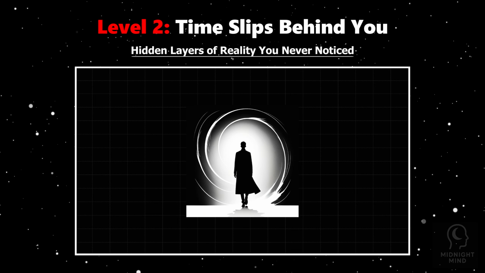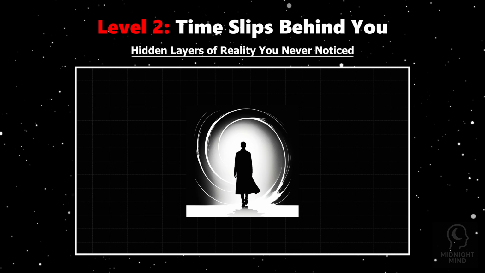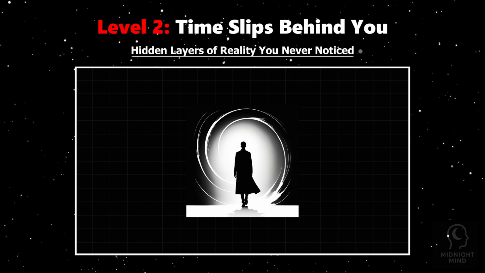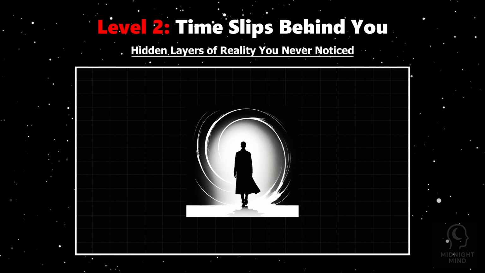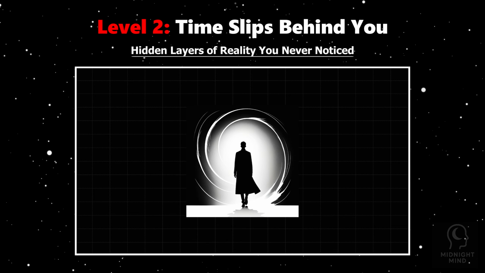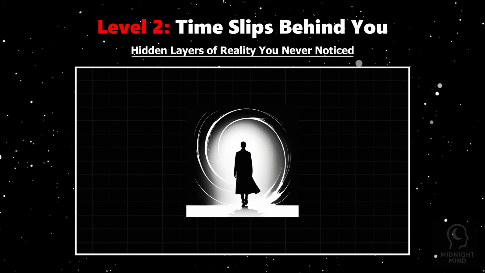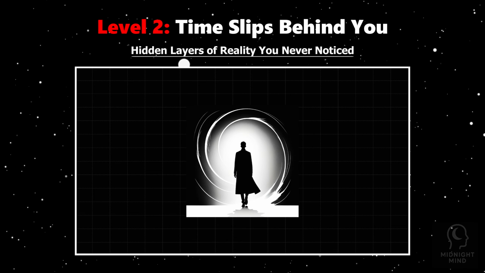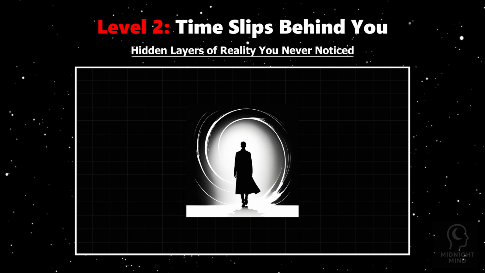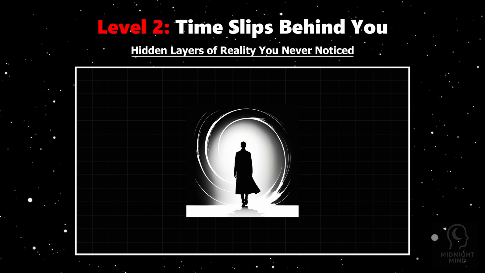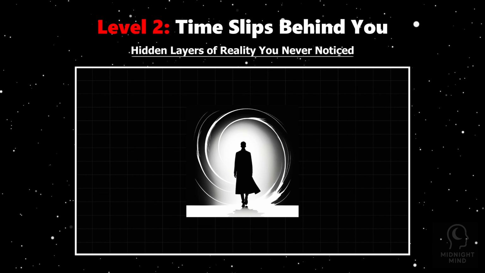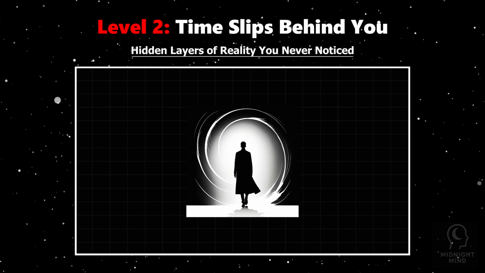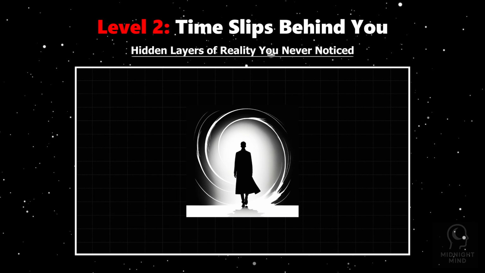Instead, your present moment continuously leaves behind countless versions of what could have been, like echoes in a vast, invisible archive. In quantum mechanics, the idea of multiple possibilities coexisting, superposition, implies that for every decision, countless timelines sprout. Although you only experience one, the others drip away, left behind like old skin. Your perception only moves forward, but time itself might be more fluid and fragmented.